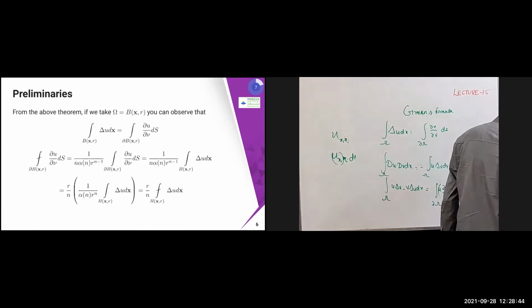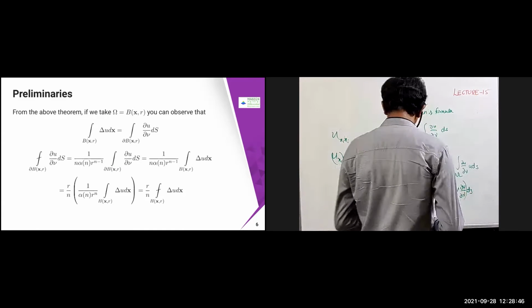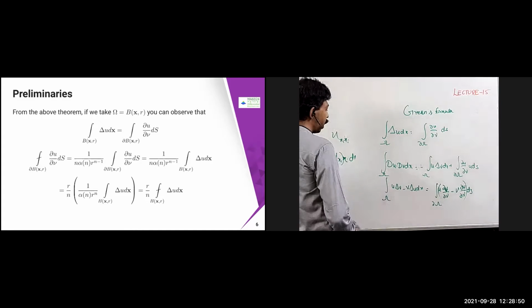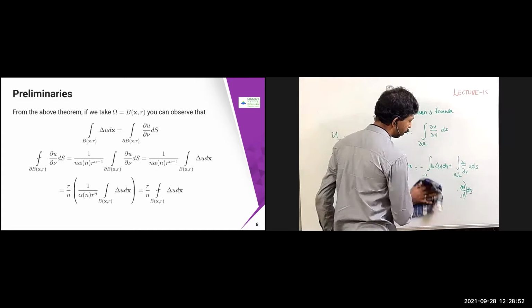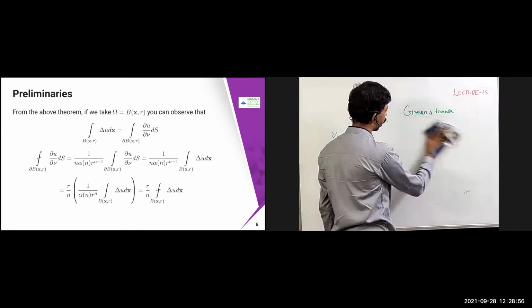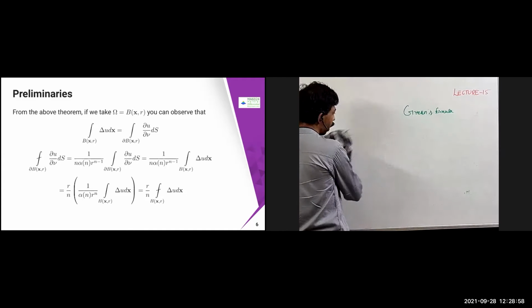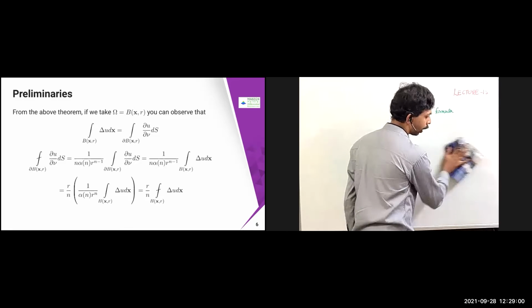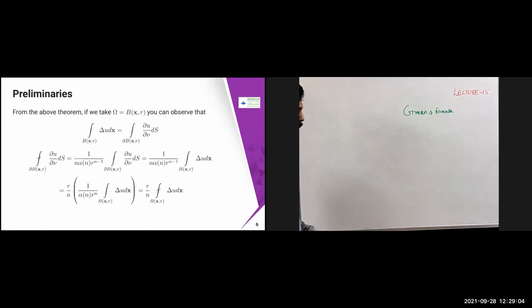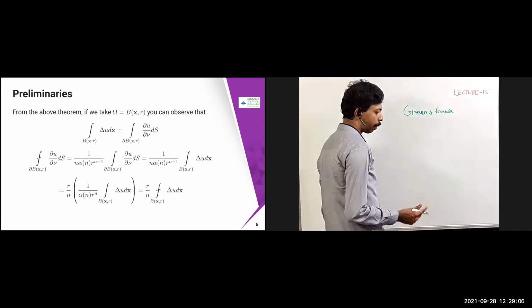So this one, we are going to use for some of the basics for solving the wave equation, because we are going to convert this into the Euler-Lagrange equation. So this Green's formula, integration by parts, these last 3 theorems will be used repeatedly to get the answers for this one. Now what I have is that from the previous one,